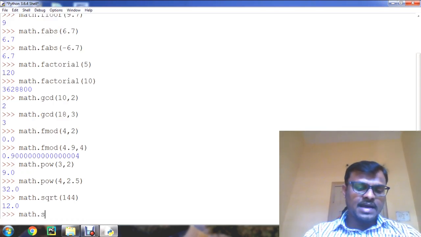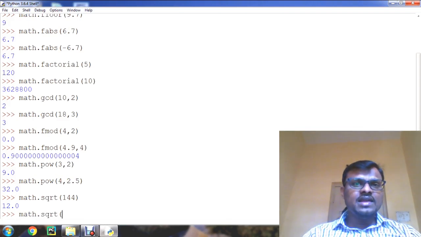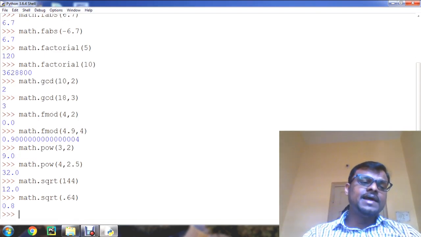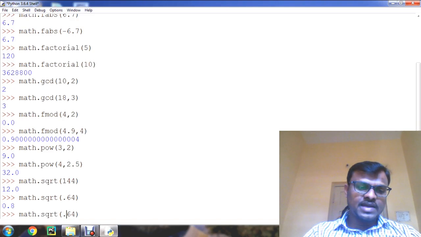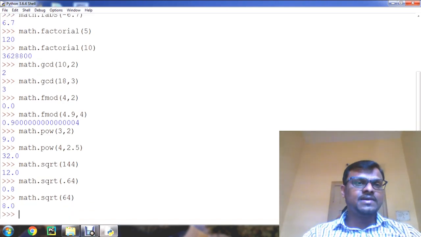Same way, math.sqrt if I give any floating point number, that is .64 as the value, so answer will be 0.8. So same way, for the whole number we can check it. For example, if I give only 64, then its value is 8.